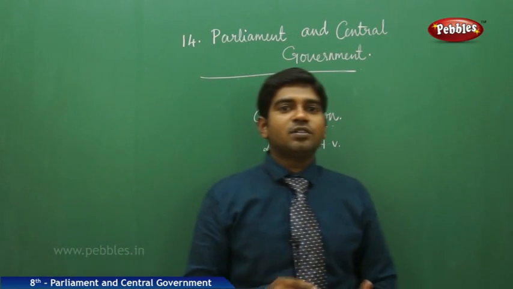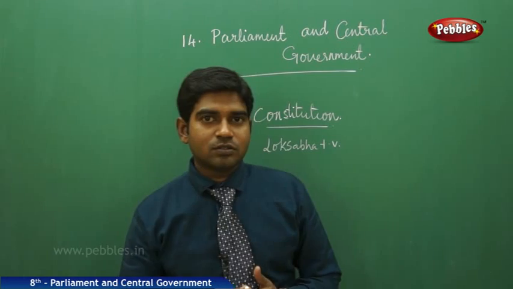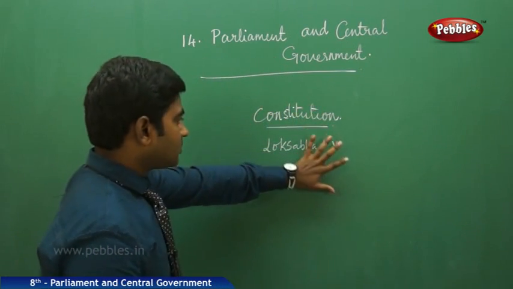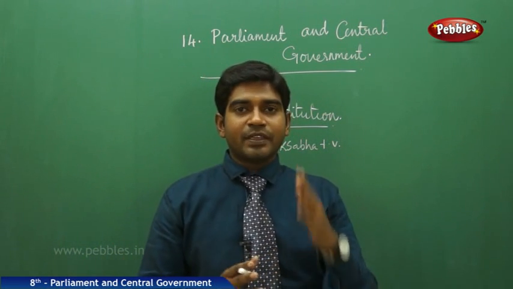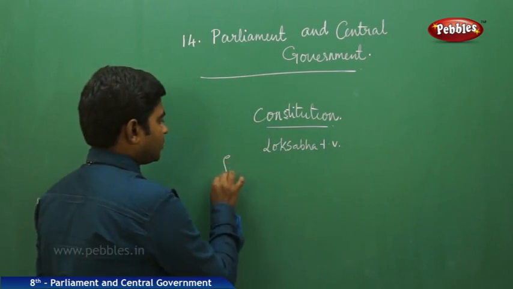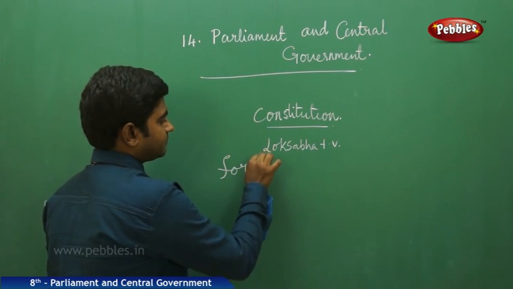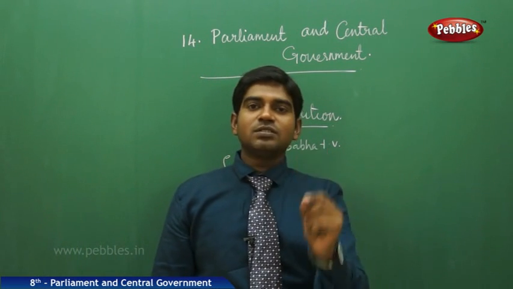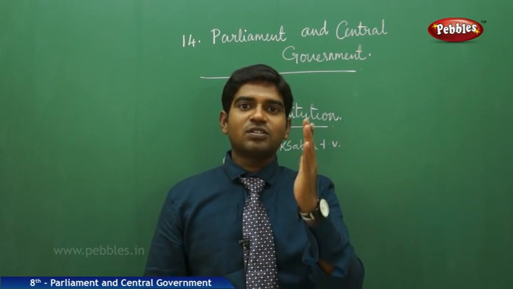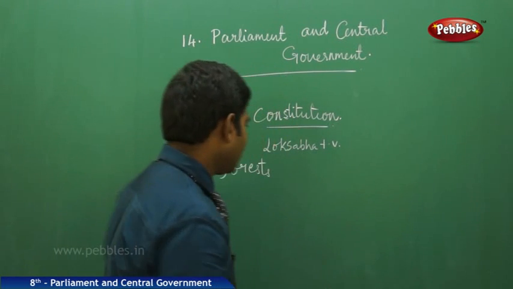Now moving on to the concept of how the Parliament makes laws. See, the Parliament makes laws on the subjects which are related to the entire nation. For example, it makes laws on topics such as forests. How are the forests to be guarded? What percentage of land can be used for grazing of the animals? We have specific forest laws, and it makes it binding for the government to follow the laws which are framed in the Parliament.